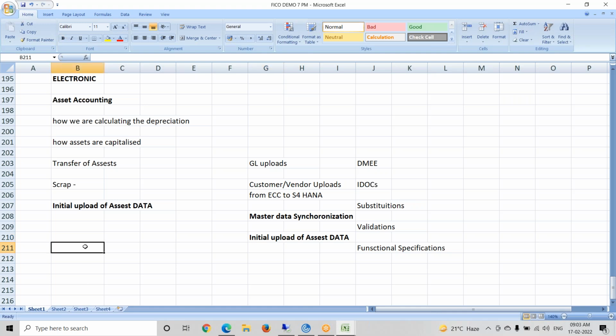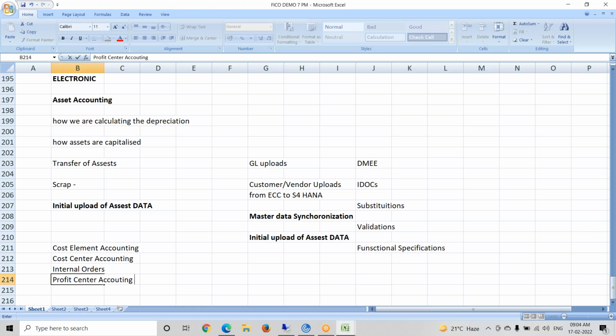Yeah, definitely it is important. If you are going with 2 or 3 years of experience in CO, we have topics like cost element accounting, cost center accounting, internal orders, profit center accounting, then COPA.